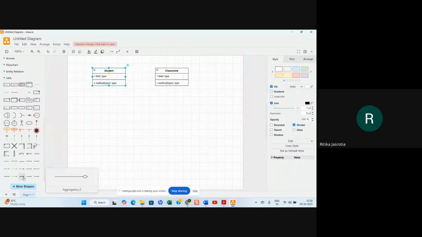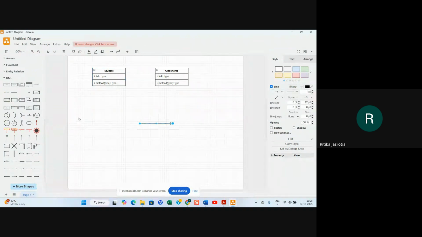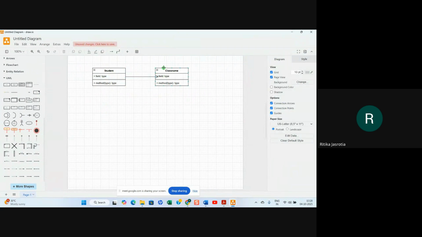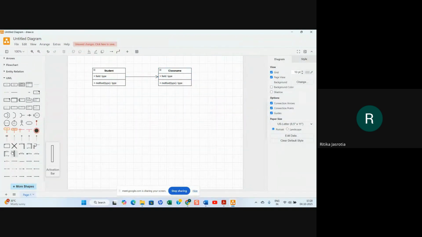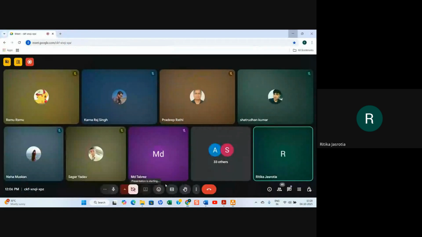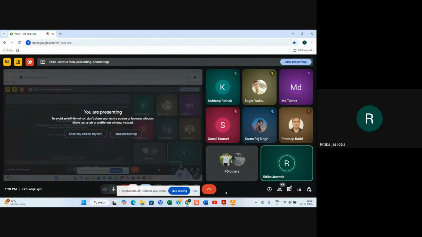I'm just giving you an example. If you want to make a simple one, you can do it like this. So this is another software which you can use. Draw.io is the one I am using. If you are able to download Star UML, you can go for Star UML also.